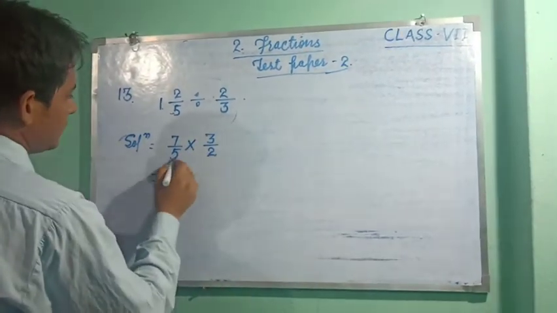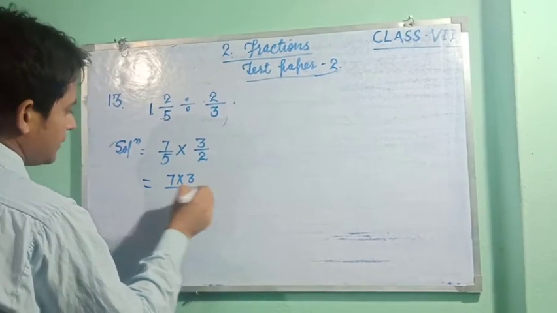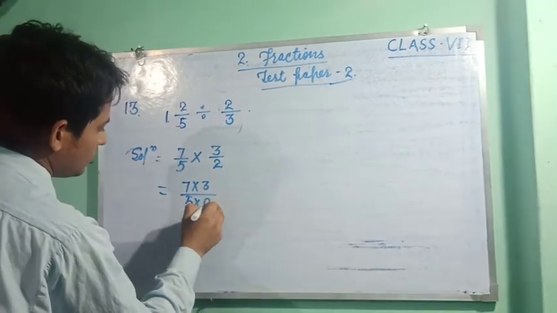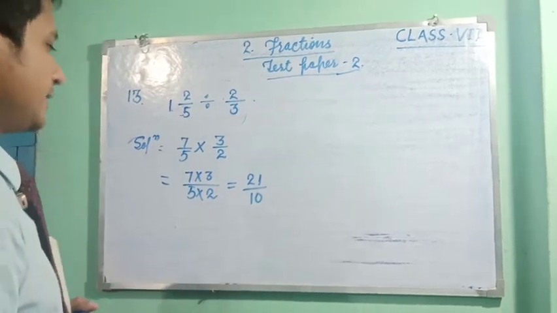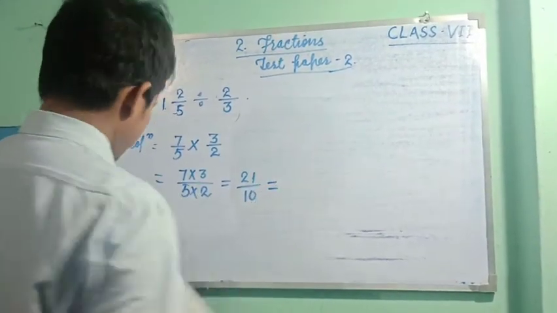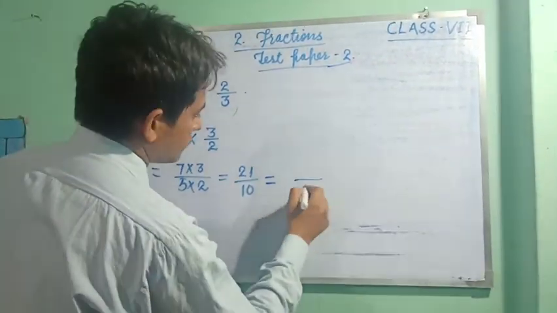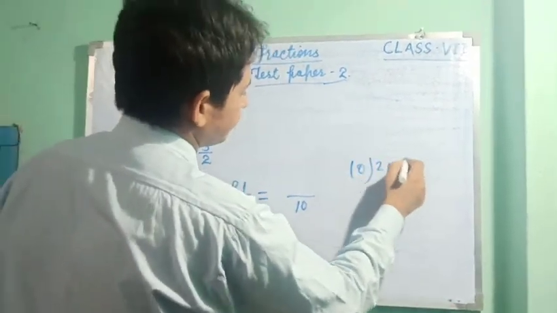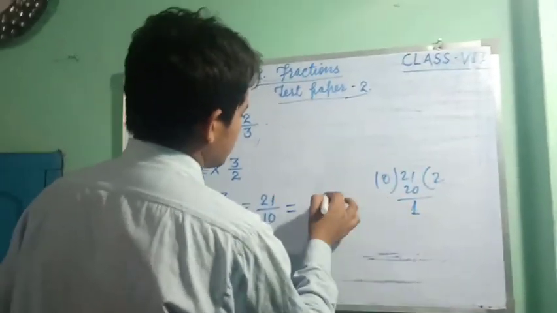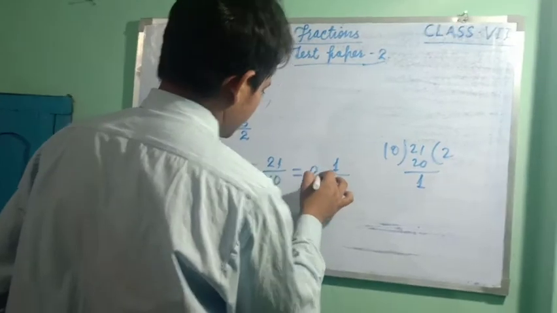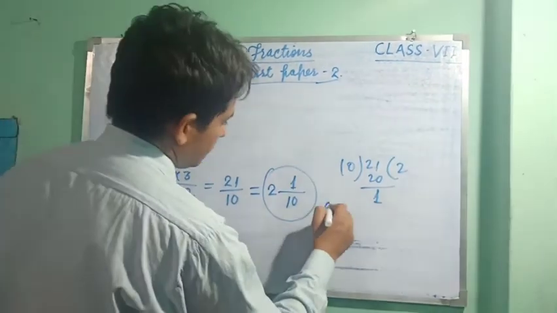Now 7 into 3, because numerator multiplies by numerator and denominator multiplies by denominator. This becomes 21 upon 10. Now we have to write it, first of all, matching the question, changing the fraction. This is a mixed fraction, 10. Now divide 10 into 20, 1 10 as it is, so 1 goes here and 2 comes here. Now this is the answer, match the answer, A, B or C. This is answer A, okay, A is the answer.